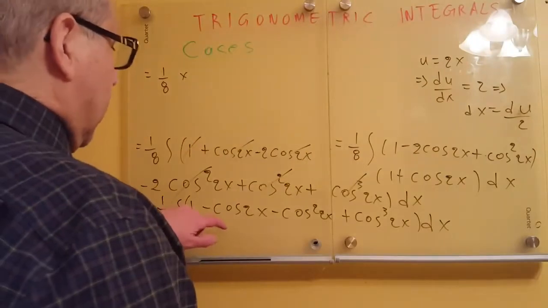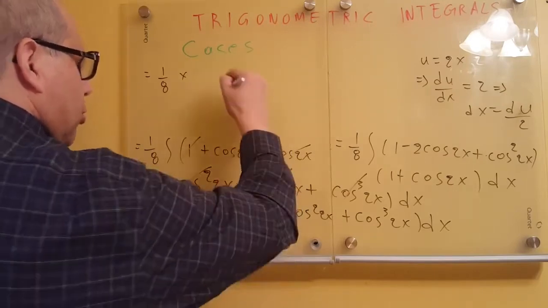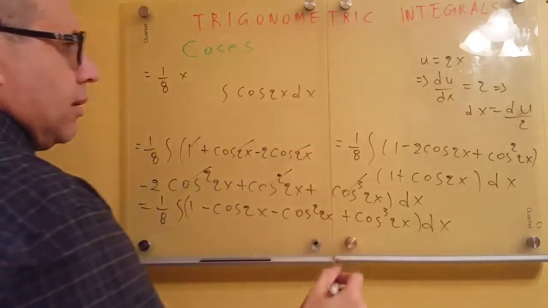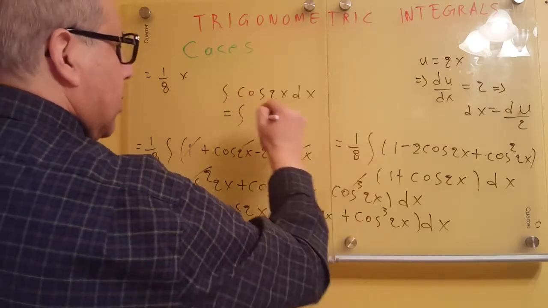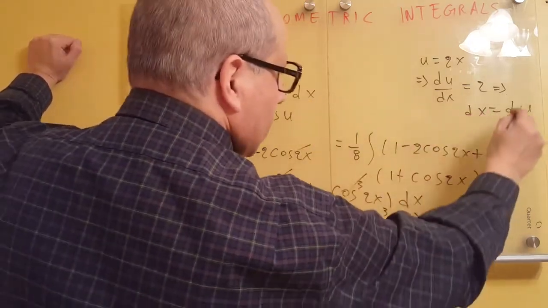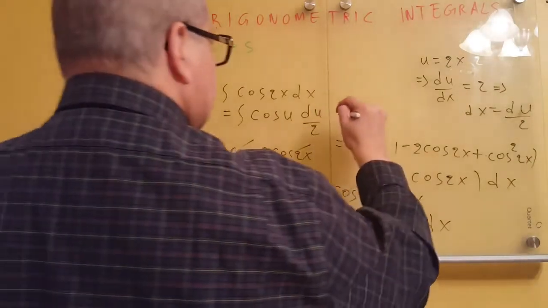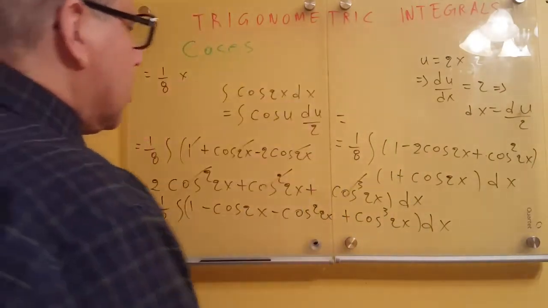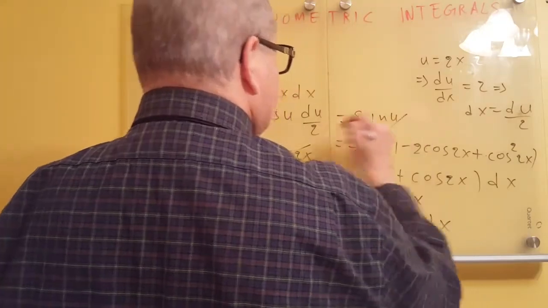And that means that, let's just find only what's the integral of cos of 2x. The integral of cos of 2x dx is equal with the integral of cos of u, and instead of dx I put du over 2. So that means that I have the integral of cos of u with respect to u, which is equal with sine u, and of course I have these two here,